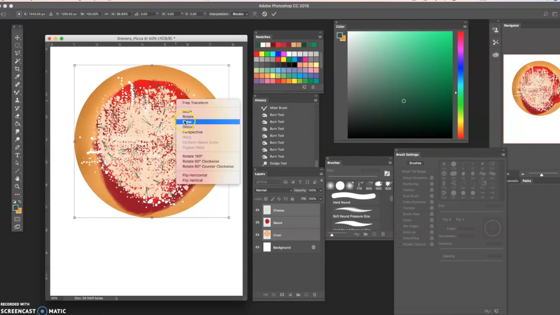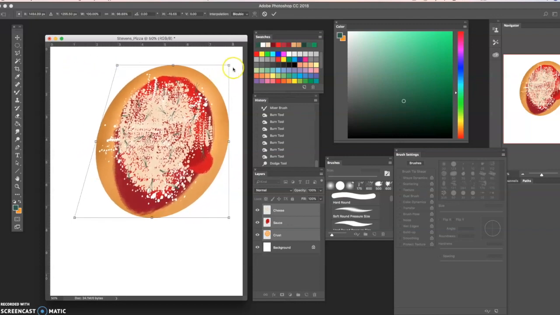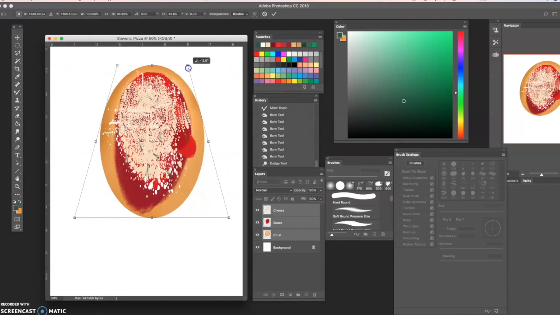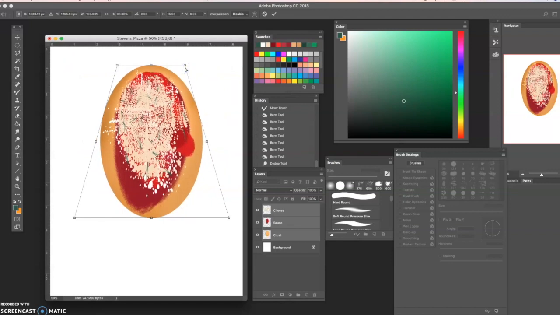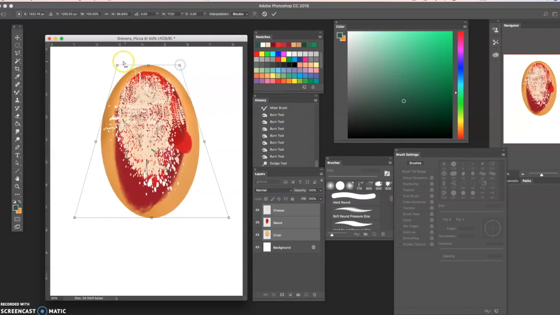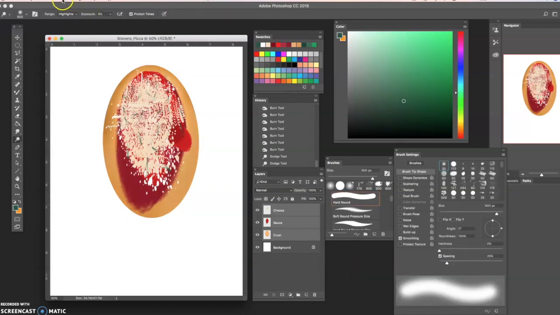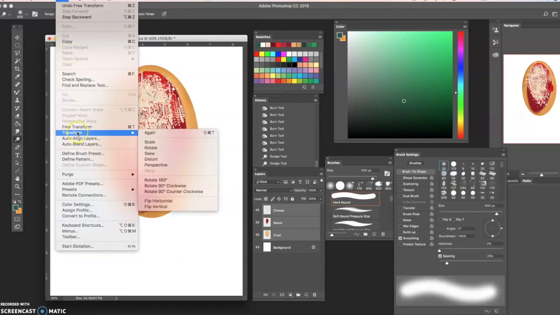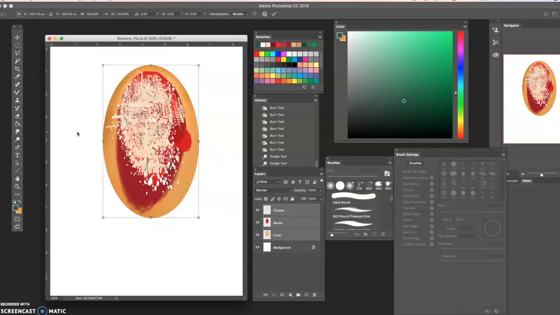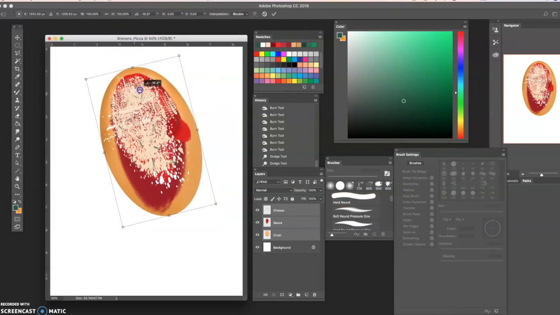skew. Now, skew is pretty cool because what that will do is it will allow me to adjust in a dramatic way the perspective of this pizza. Now, that doesn't look right yet because right now it's still kind of flying up in the sky. But if I press Enter to complete this action and make the bounding box go away, and then up to Edit, Transform, or Command T again, I can drag only the top down and suddenly, oopsie, excuse me,